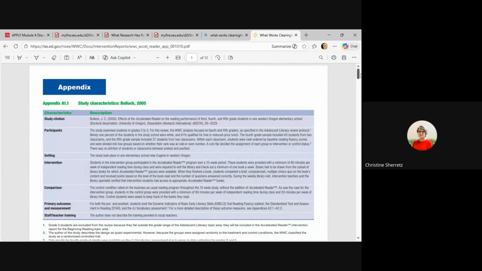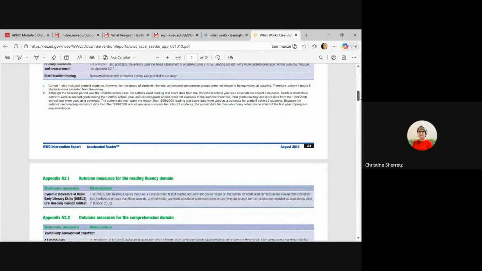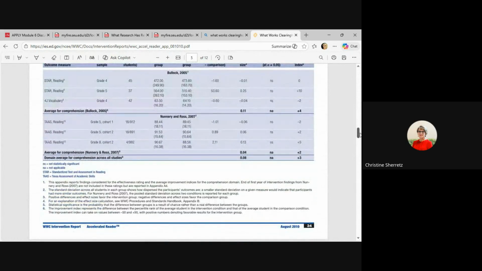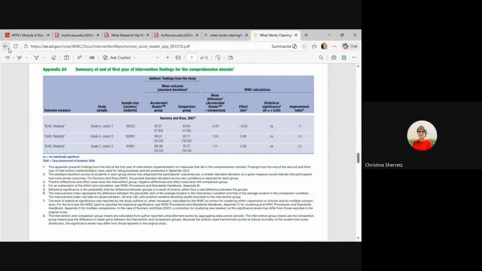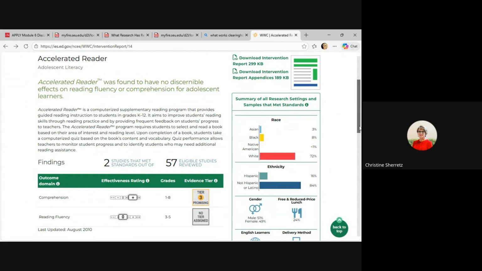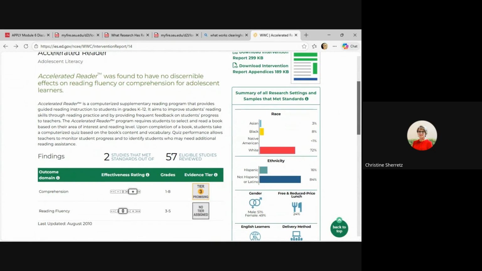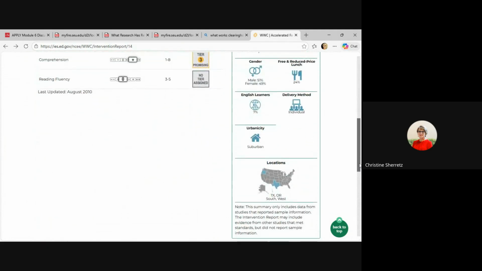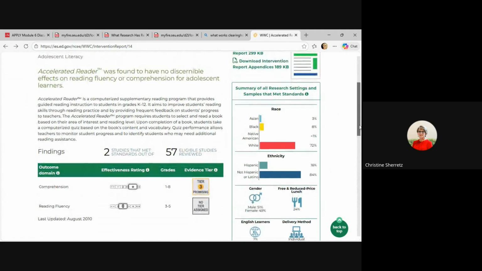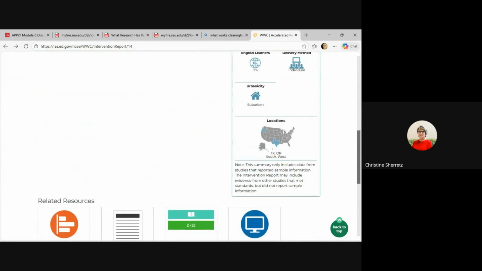This must be the other one that has the different studies. Yeah. And so this has the specific studies, and you can look at it yourself and determine, but it kind of gives you a summary. So here is the overall 2 studies that met the standards. 57 eligible studies were reviewed, and then it gives you the races, ethnicity. It tells you like what percent were free and reduced lunches and so forth. So I wanted to show you that,